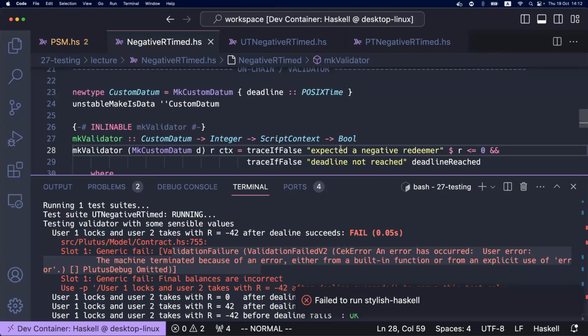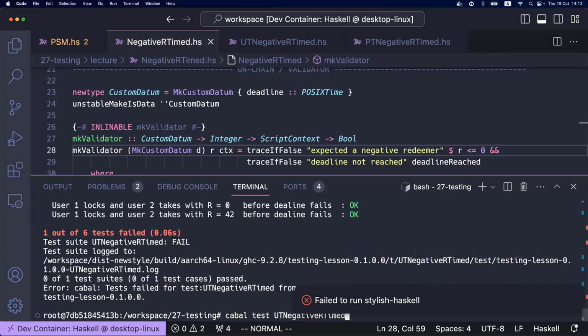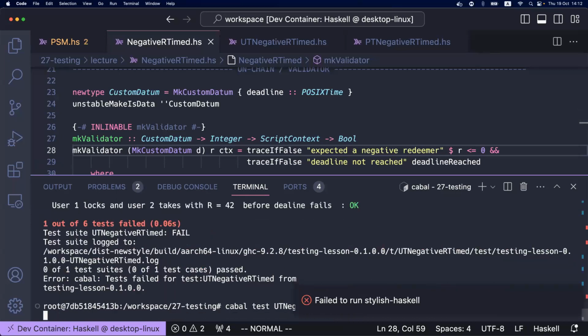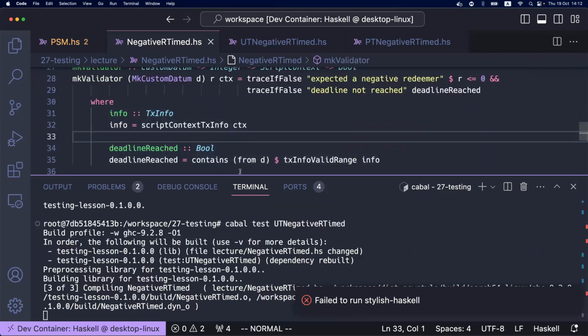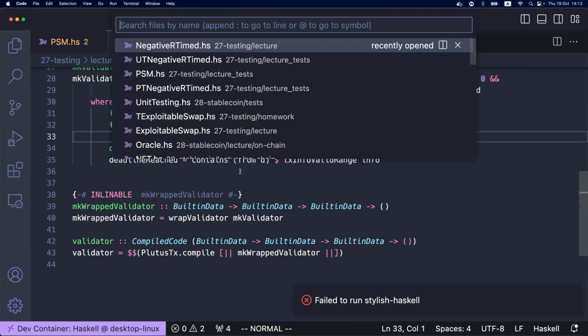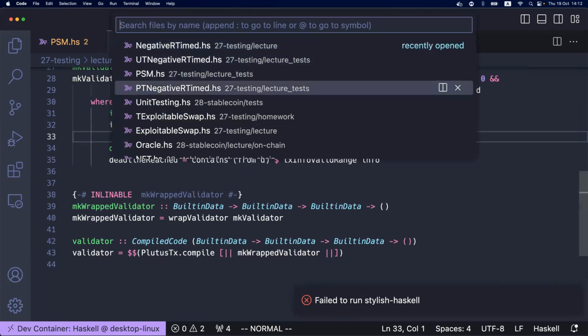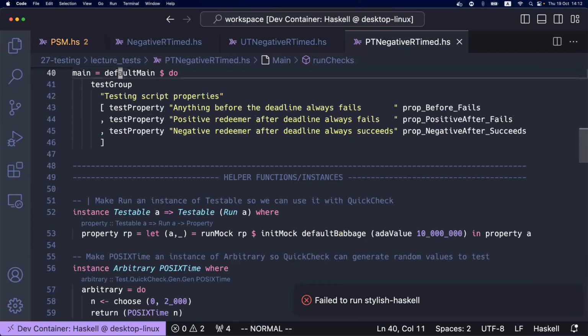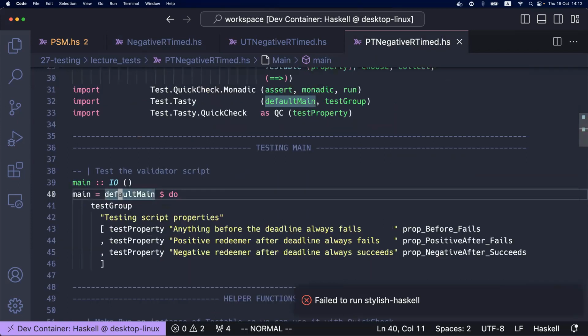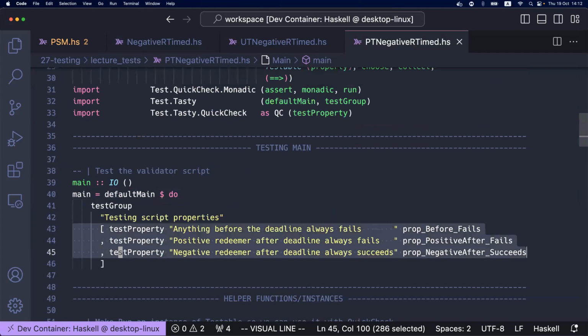We already fixed this. This is ugly, so I'm going to just rerun it so it's all greens. And if we open property testing, negative redeemer, we have just 3 properties we want to test. The properties are: